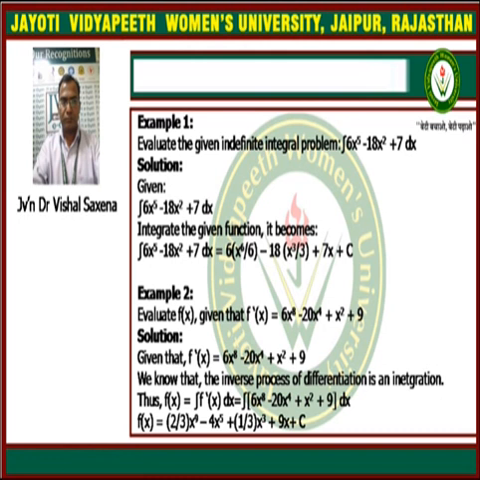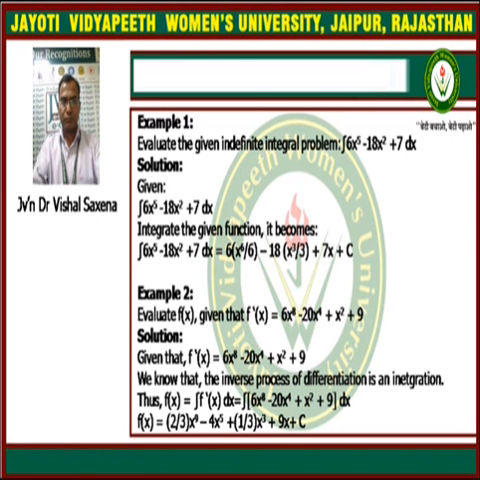We just have to use the basic formulas for all these functions, like x to the power 5, x square and 7. So 6 is a constant, so 6 stays as it is, and the integral of x to the power 5 is x to the power 6 upon 6. Minus 18 is a constant, and the integral of x square will be x cube by 3. Plus 7 is a constant, just the integration of 1 dx. So the integral of 1 dx will be x, and plus c, which is always taken in the indefinite integral.